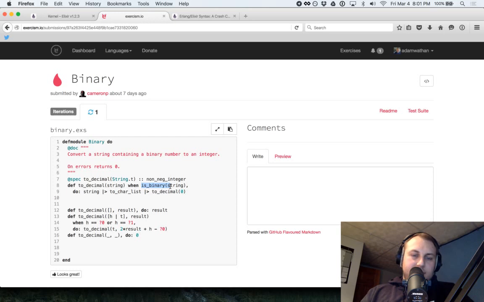So that actually doesn't do what we were expecting, but this is kind of cool. This guard clause here to make sure that the head is 0 or 1. So